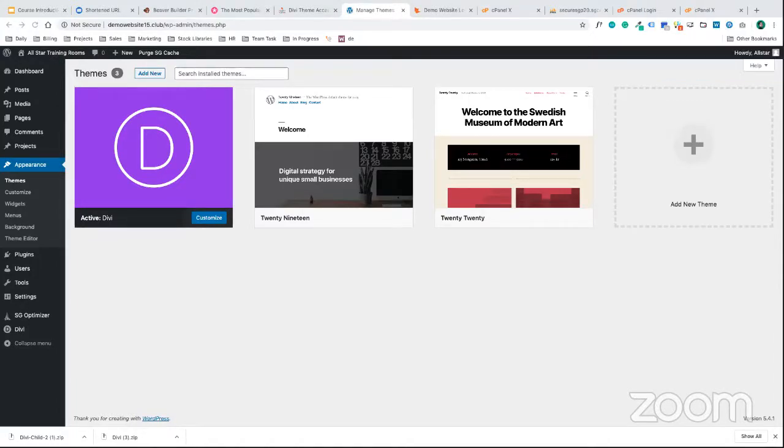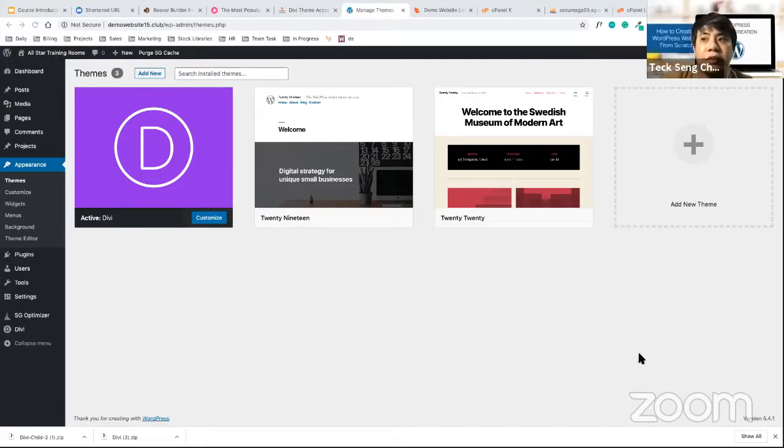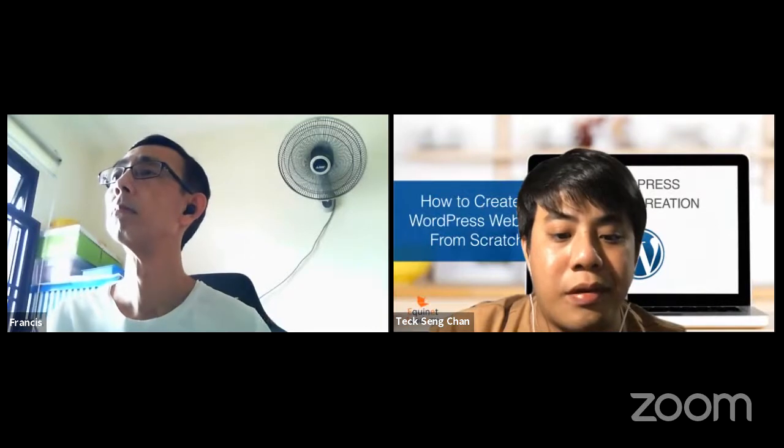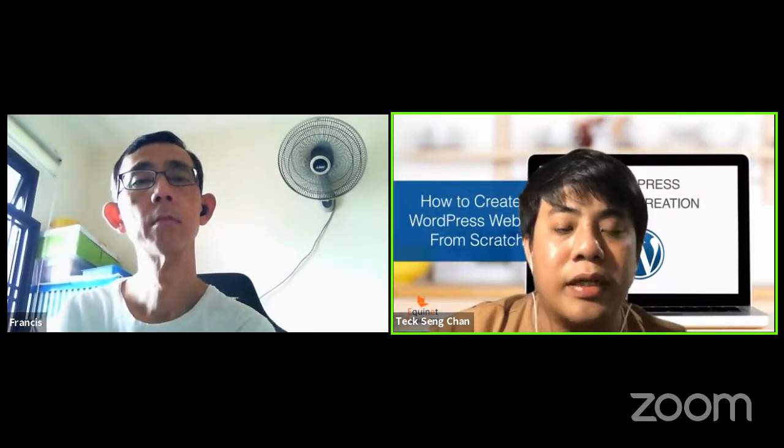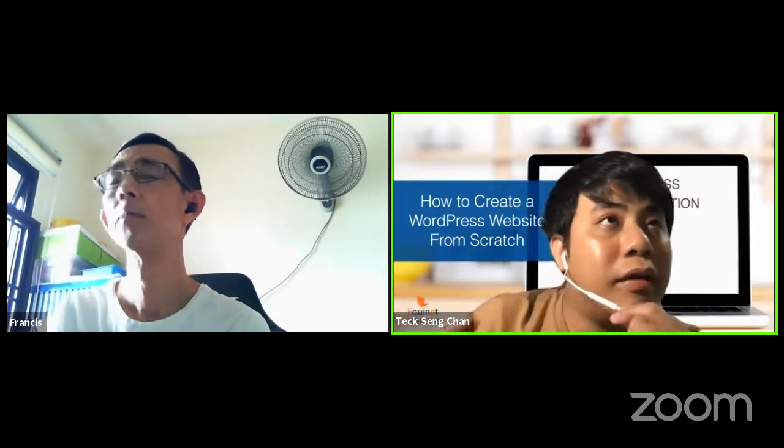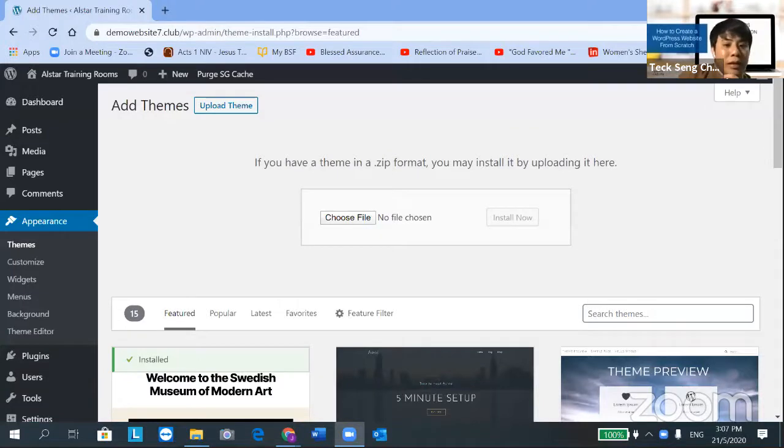I already saw the file, and then when I click it, there seems to be no movement. It doesn't download at all. It's just stationary, just hangs there. Oh, you want to share your screen and take a look? Okay. So the rest all okay, right? For the rest, what I need you to do is repeat the same steps: Appearance, Themes, Add New, Upload Themes, and then upload the child theme. Repeat the same steps and then activate it.